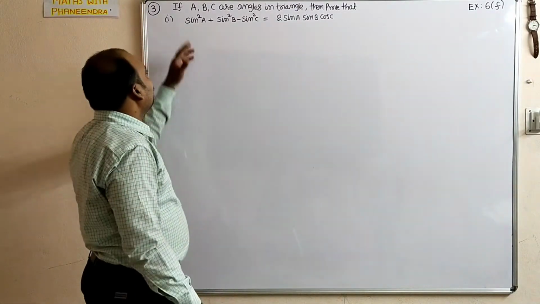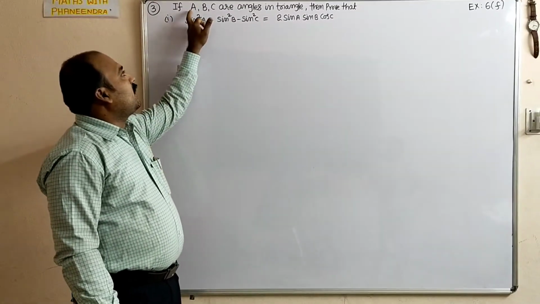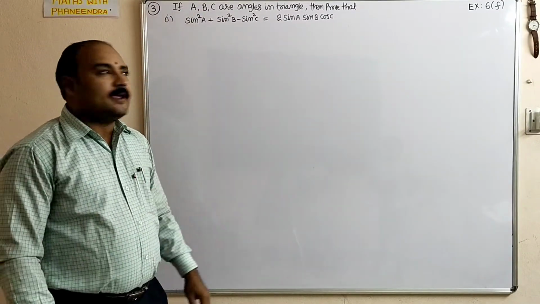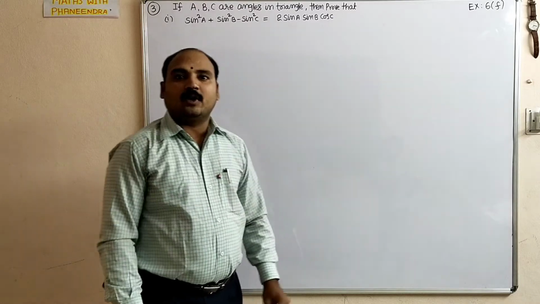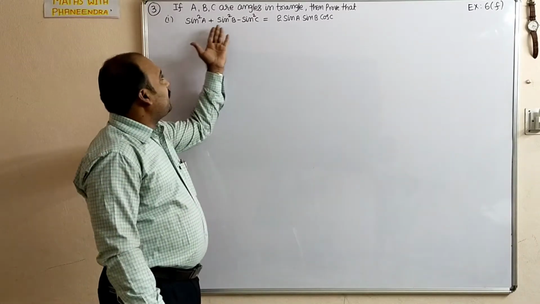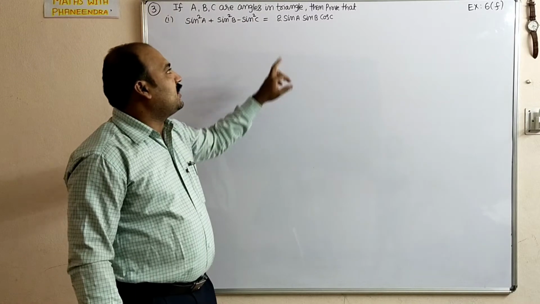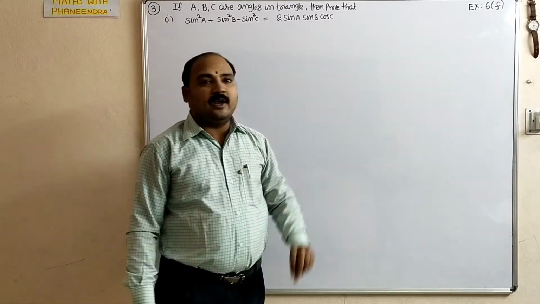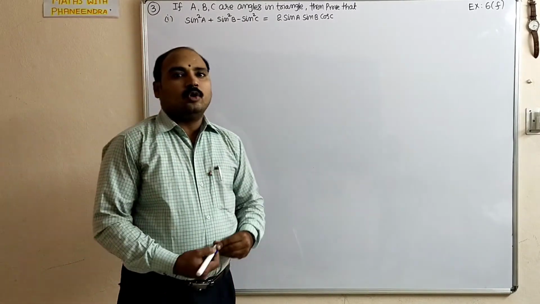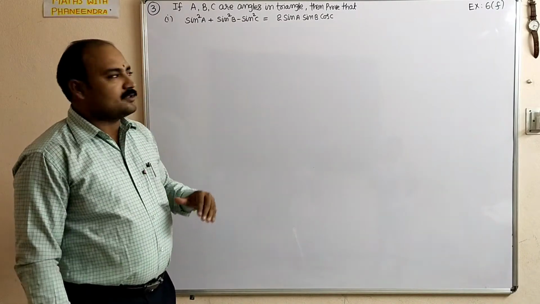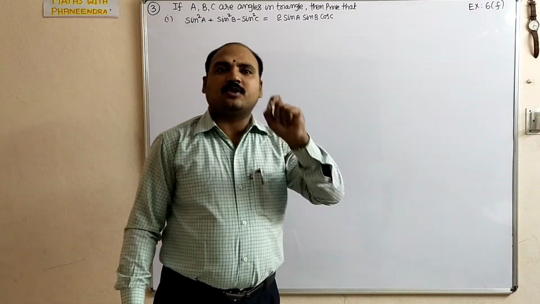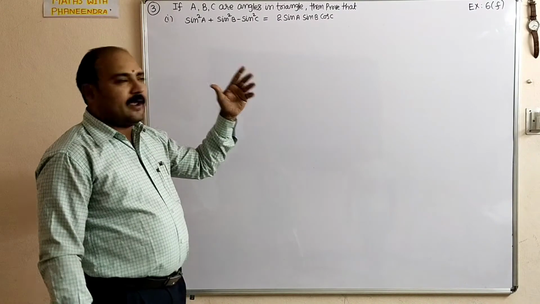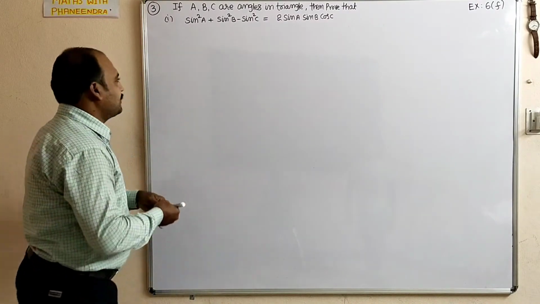The first question: if A, B, C are angles in a triangle, then prove that sin square A plus sin square B minus sin square C equals 2 sin A sin B cos C. To prove this type of problem, all the problems which are related to the triangle, A, B, C are angles in a triangle. So first,